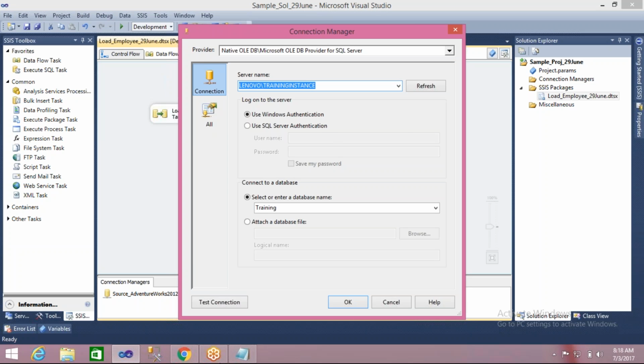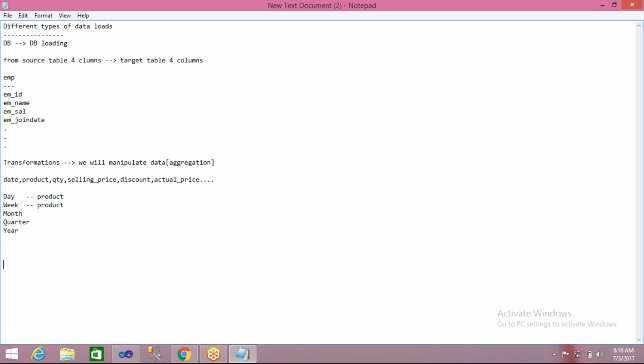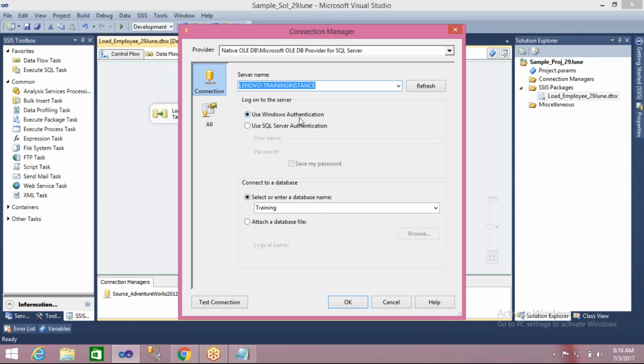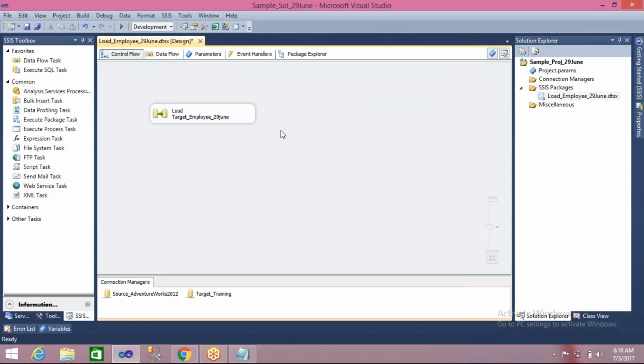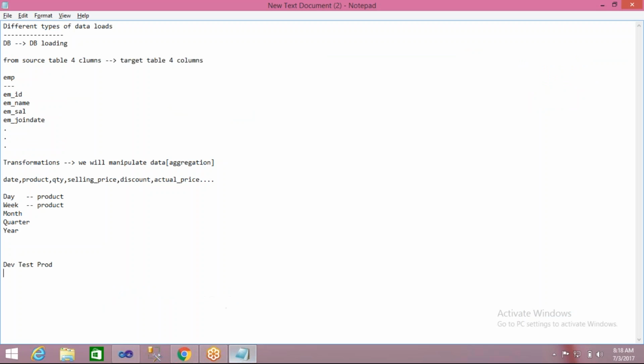I told you, right? In real time we will have development, testing and production. In that, we will have many servers. If you are not selecting a proper server name, then once you load the data, it will load into some other server, some other environment. Instead, you thought of loading the data into the test environment, but unfortunately it's been loaded